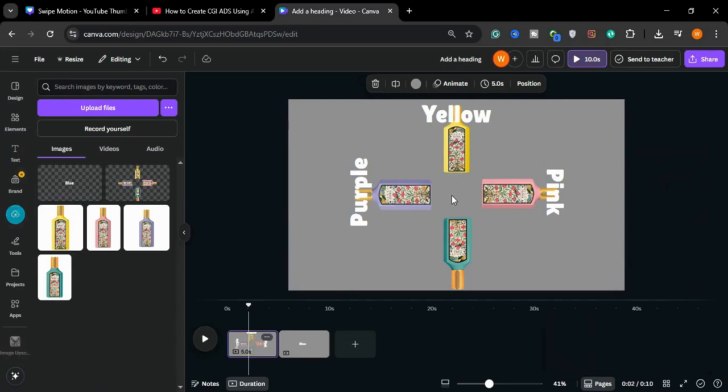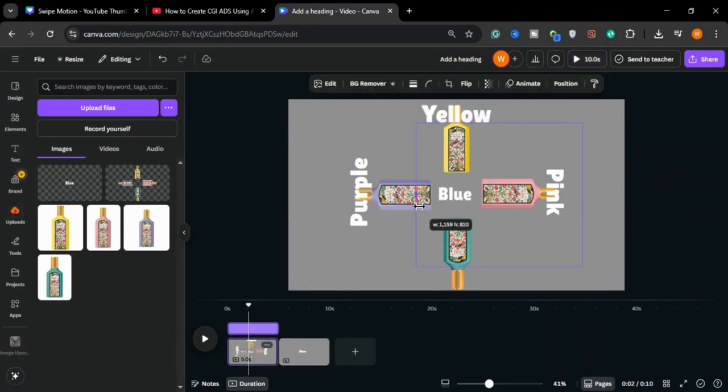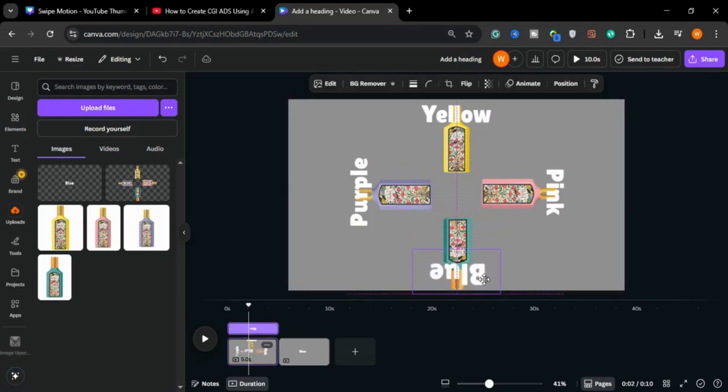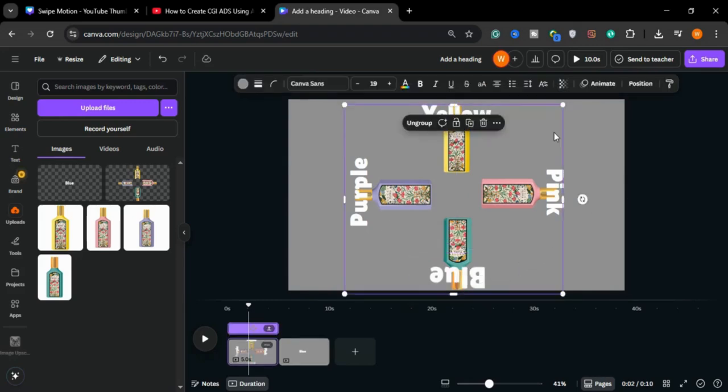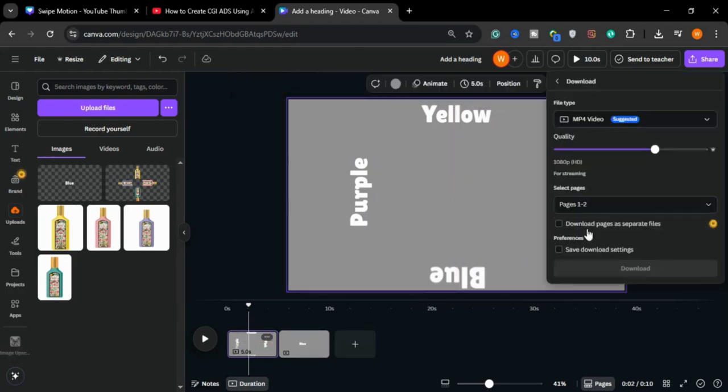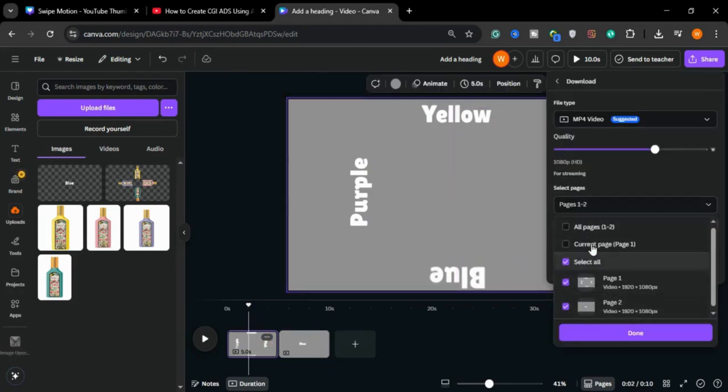We will go to the first page and we will bring this blue text here. Make it bigger. What we will do to make it opposite, first we will flip it vertical and flip horizontal and we will bring this here, delete these images and now we will download this text